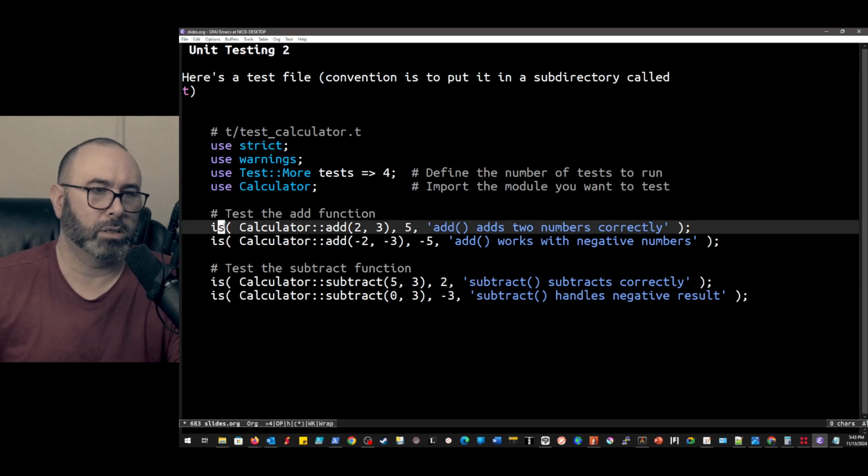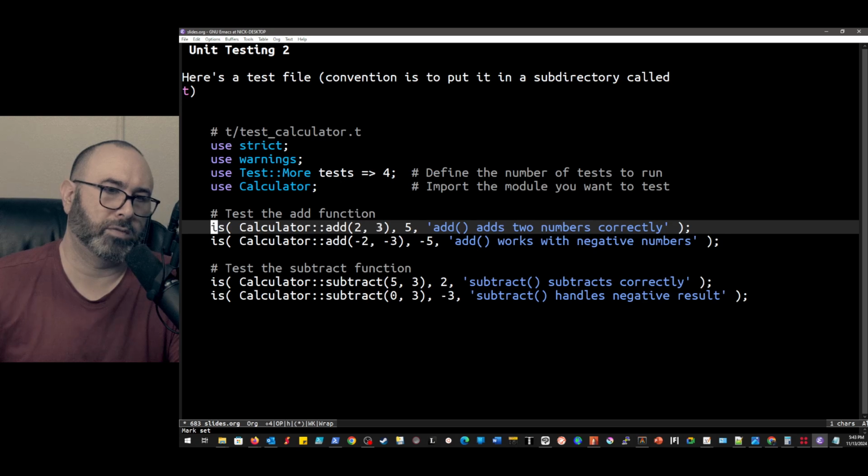But we're going to be using the is statement. This is sort of your assertion, and we're going to call our module and reference our function. We're going to give it the values and then the expected result, and then a string that tells it what this test was. That way, if it failed, it would be good to go.